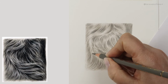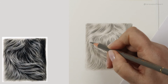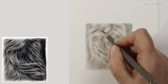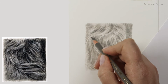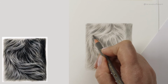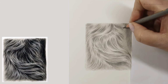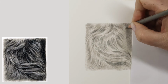So I'm using directional strokes. I'm using pencil strokes that are fairly relative to the length of the fur. Obviously this is fairly long fur here, so we are looking to make the overall fur look longer. So I'm lengthening my pencil strokes a little bit. If I've got an area that is quite long, I might do little dashes but stack them up on themselves, so bring them all down